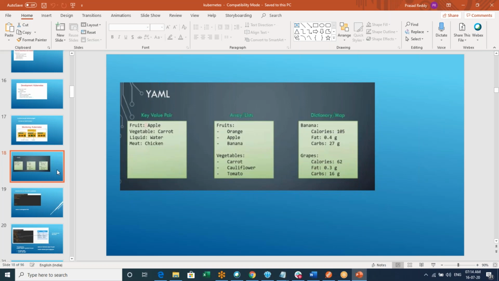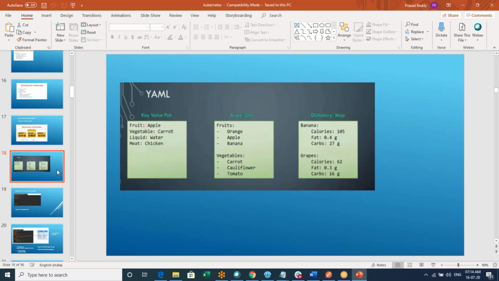When it comes to key value pairs, these are all on the same line. You can observe fruit, vegetables, liquid, meat. These are all key value pairs, but all different ones. Fruit is a different key value pair, vegetable is a different key value pair, like that. But when it comes to a dictionary, there is indentation, meaning it is separated with space.